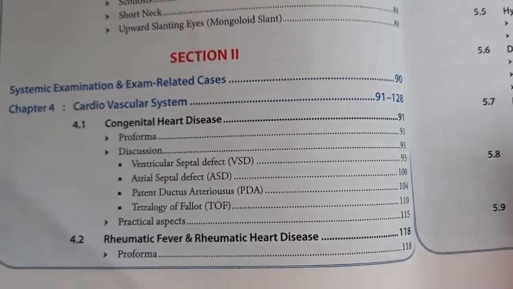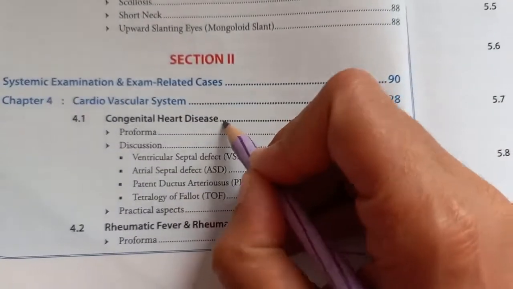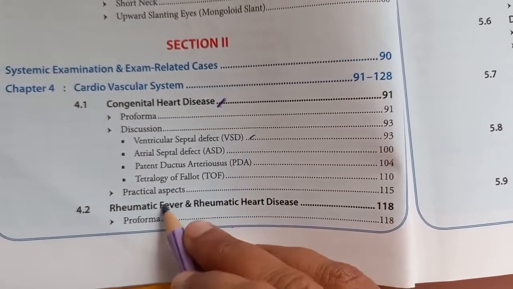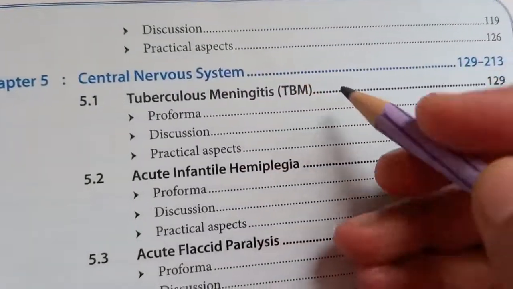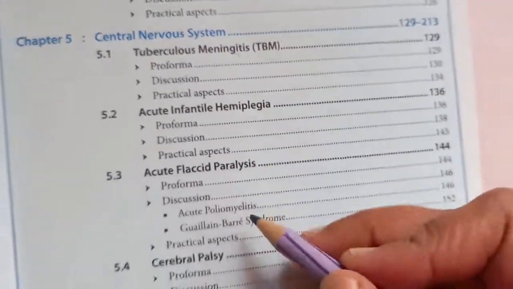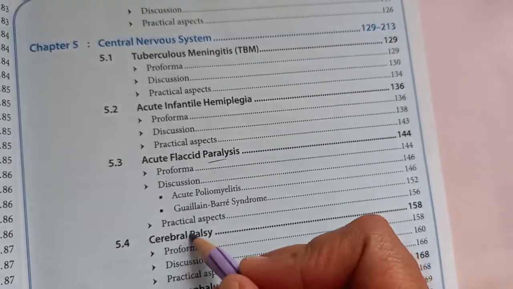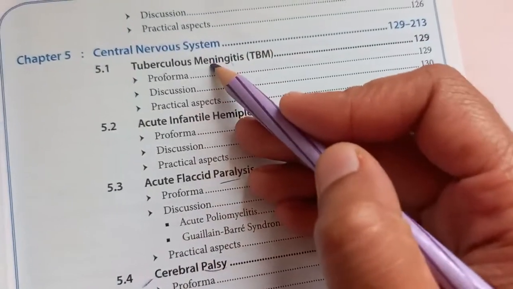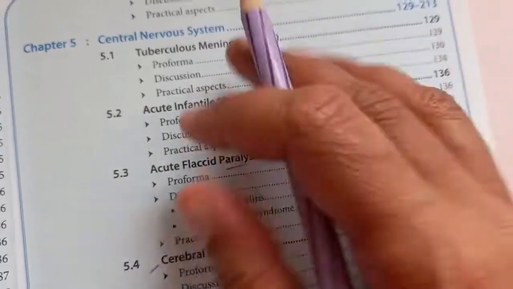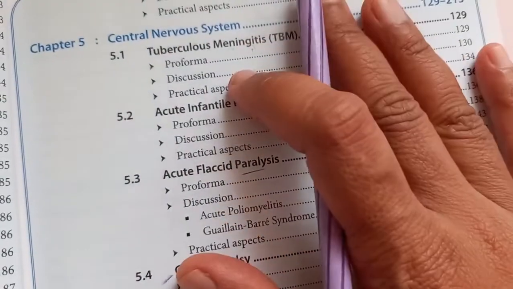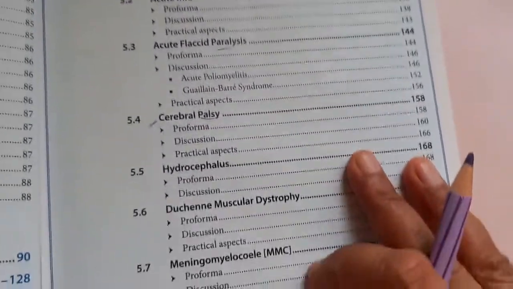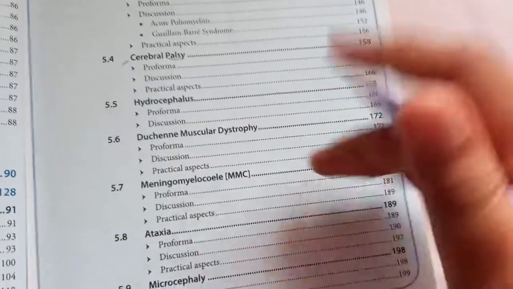In exam, the main things you will get will be cardiovascular system, some kind of a ventricular septal defect usually. Then you can also get rheumatic fever. In nervous system, mainly you will get acute flaccid paralysis, cerebral palsy, very common because when you see meningitis etc., these are conditions that require treatment and usually they don't keep acute conditions in the exam. Okay, so you will get a cerebral palsy probably, and then you can get